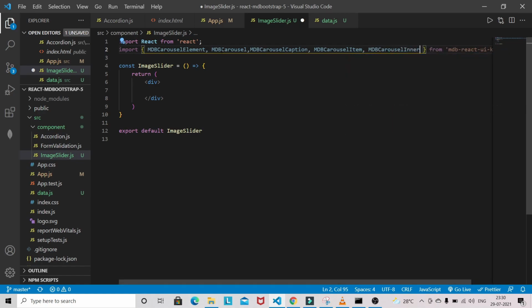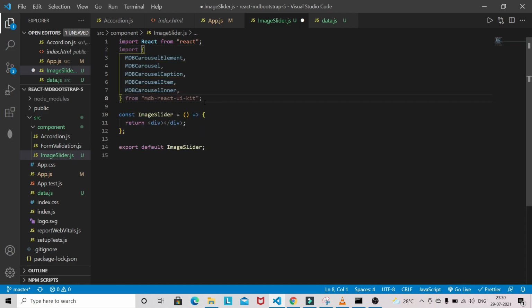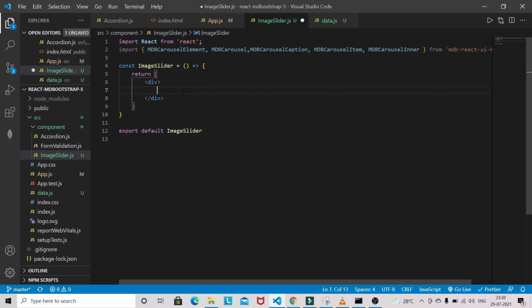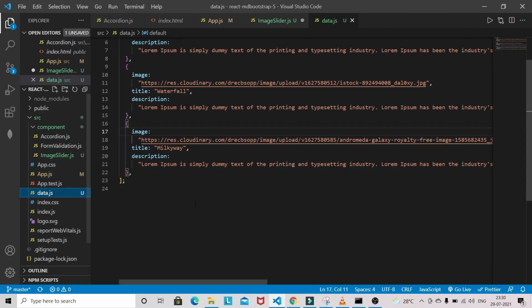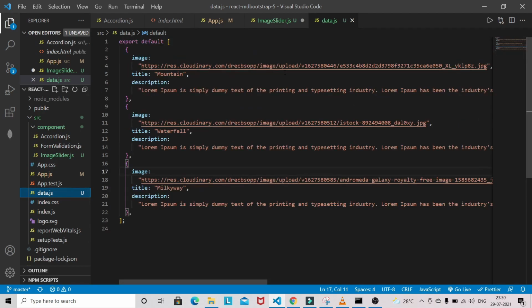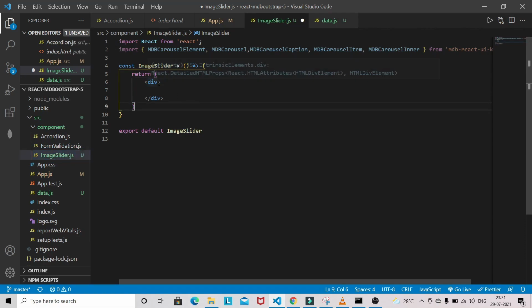So all these things we need to implement that image slider, and we are also going to require this data.js file, in which I have 3 images with title and some description. You don't have to worry about all this. I have already provided it in the GitHub repository, so you can download this file from my repository. The link is already available in the description. So let's work on this one.